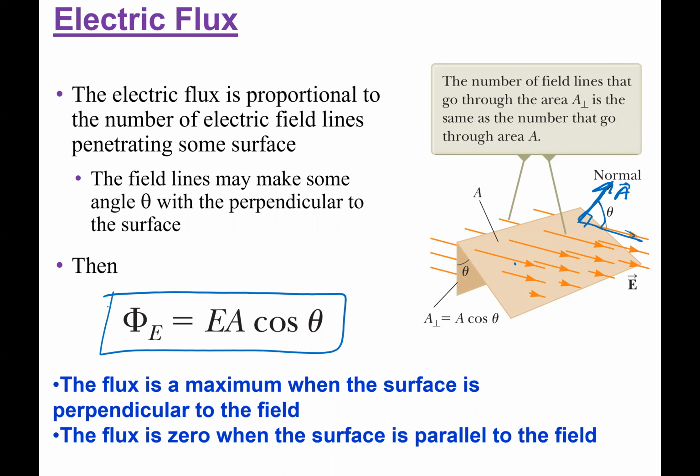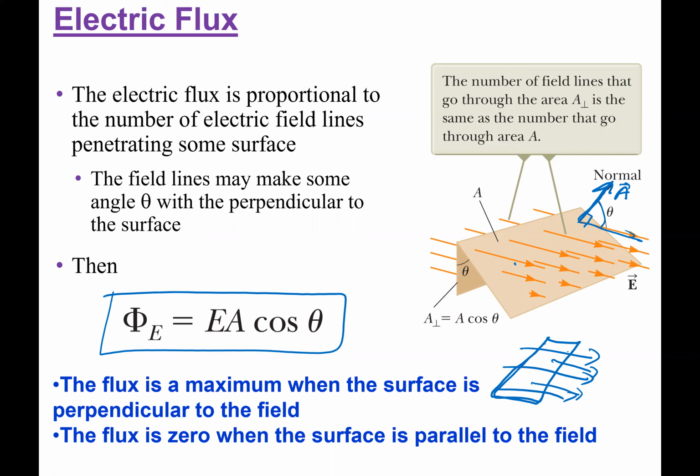And now I'm going to get less flux because I have less electric field going through that area, because the area is a little bit tilted with respect to that. And you can imagine, if I continue tilting, let's say this is my electric field and my area is like this, I have all the electric field lines going through my area. But if I start tilting it like this, then now I have less electric field lines and I'm decreasing the flux